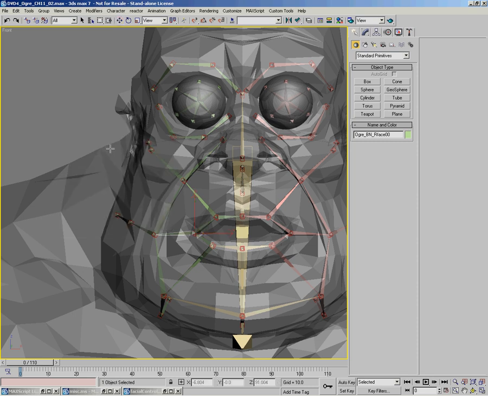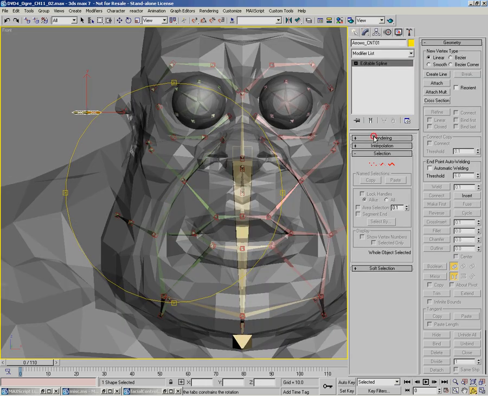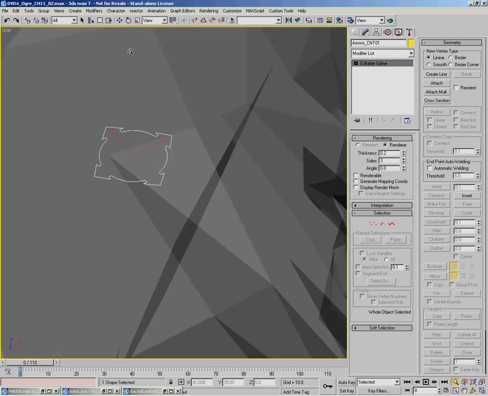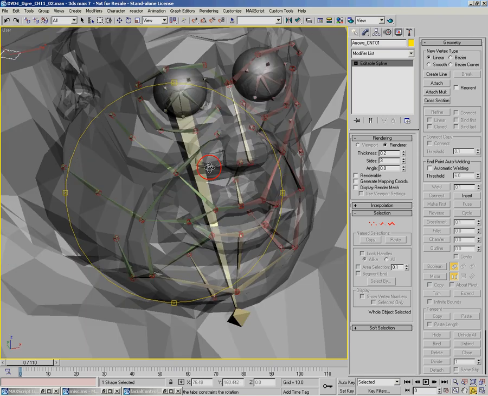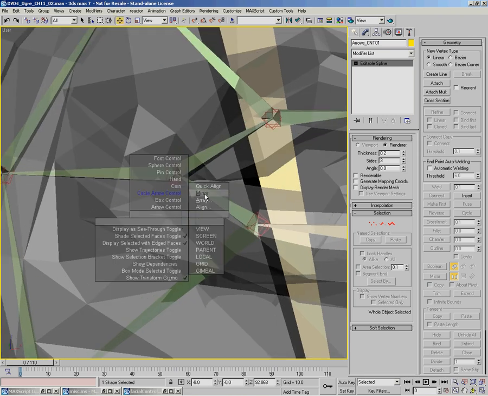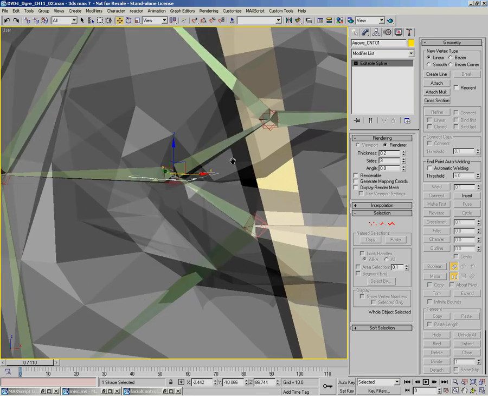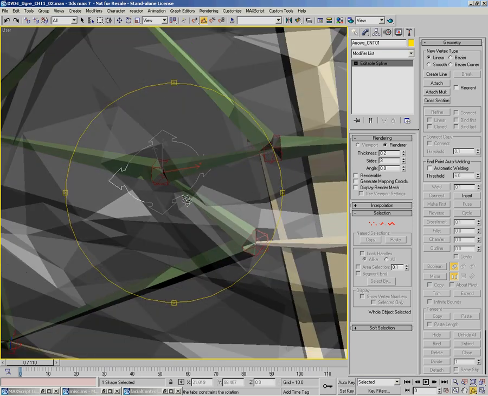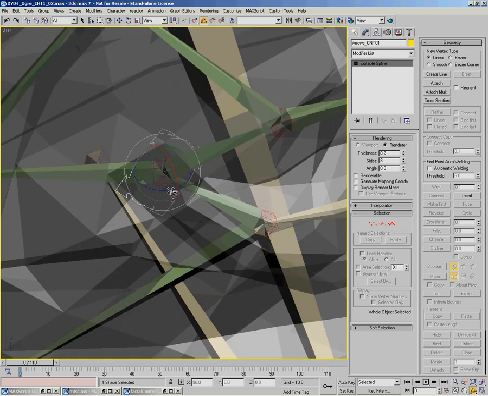So I'm going to use the circle arrow control, which gives me this control object here. I'm just going to turn off the display render mesh, and I have sort of a circle with 4 arrows around it. We're going to start off in the corner of the mouth. I'm going to align it up just in position here, and then with angle snap turned on. There we go, angle snap turned on to 90, so it's aligned up to it, and turn off angle snap